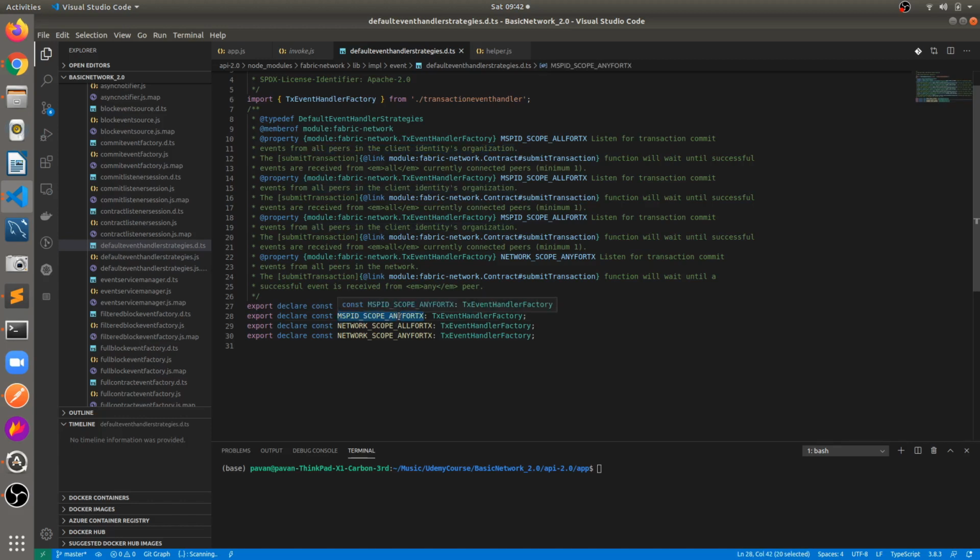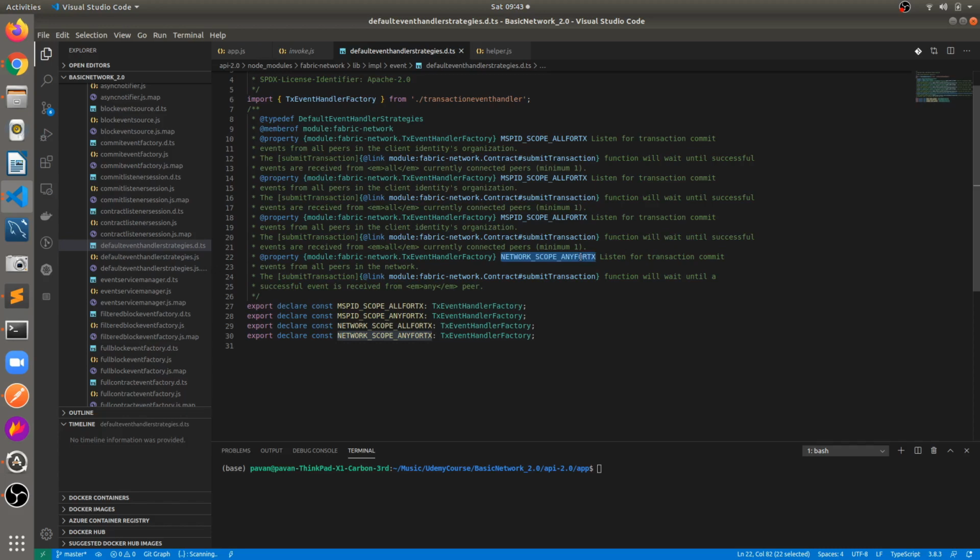Another one is MSP scope for any transactions. It means it will wait until it gets a confirmation from the commit event of any one of the peers in the same organization. The next one is network scope any for transactions or all for transactions. In this case, it listens for the transaction commit event from all the peers in the network, so it will wait until the transaction is committed on all the peers inside the network.